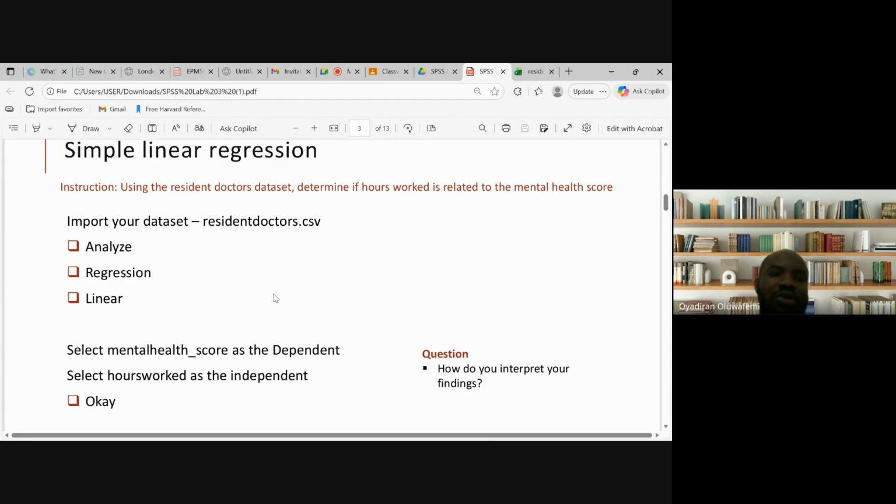Now, when you are doing a simple linear regression, you need to have your predicting or independent variable, okay? So the predictor or the independent variable in this case will be the hours worked, because we want to know if hours worked could affect mental health score. And in this case, the dependent variable, or otherwise called the outcome variable, is going to be the mental health score. So doing this on SPSS is quite easy,